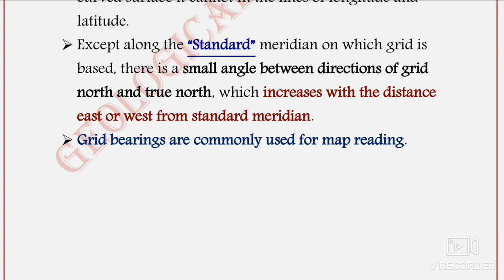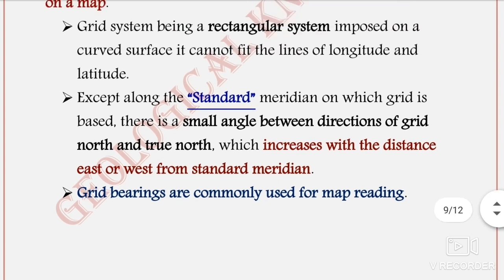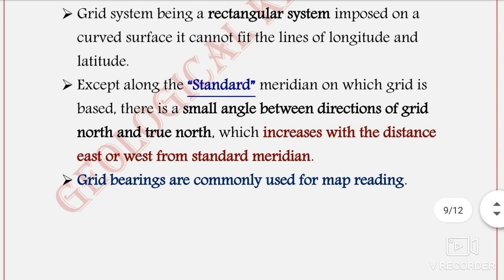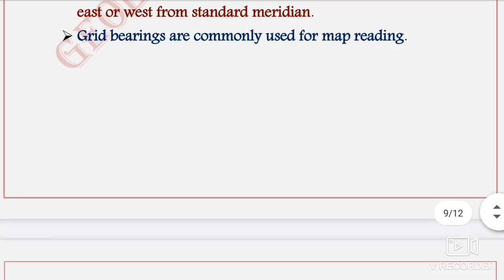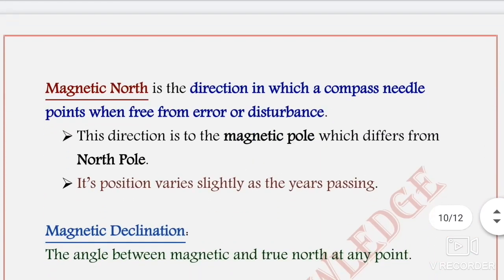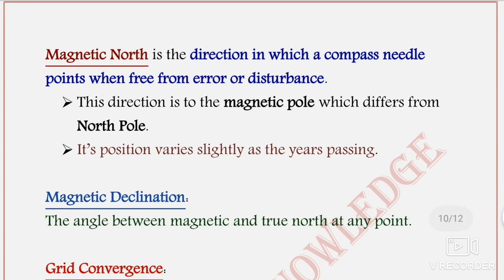And grid bearing are commonly used for the map. Grid is commonly used for the map reading purpose. And what is magnetic north? You all will be knowing that it is the direction in which the compass needle points when free from error or disturbance. If the Brunton compass or the clinometer compass is free from